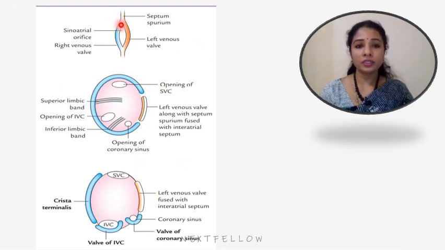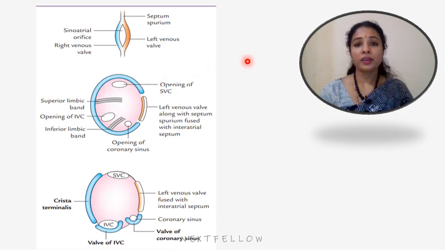Here I am discussing, this is the right venous valve, this is the left. You can see the right venous valve grows enormously, whereas the left venous valve becomes smaller in size. This image is mainly to show the fate of the right and left venous valves. The left venous valve, along with the septum spurium, fuses with the interatrial septum. It forms a part of the interatrial septum, whereas the right venous valve gets greatly stretched out and subdivided into